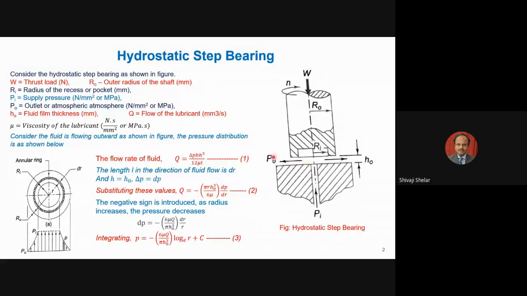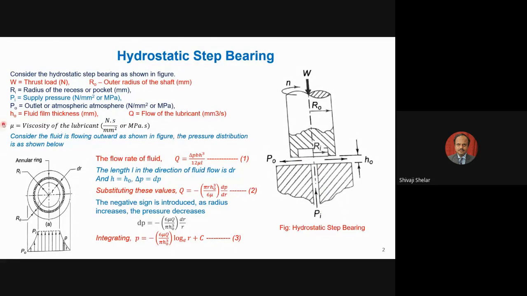Then this fluid will be coming out outside this bearing. So that is PO, that is the outlet or atmospheric pressure. Mostly, in the majority of cases, it is atmospheric pressure. But if it is a closed circuit, then it can be an outlet pressure. And that outlet pressure may be greater than atmospheric pressure also, or less than atmospheric pressure, depending upon the application. So it will be specified. If it is not specified, this PO can be taken as atmospheric gauge pressure, and atmospheric gauge pressure is considered as zero. So then delta P will be just the value of Pi in terms of gauge pressure. So Pi minus PO will be your delta P across this bearing.